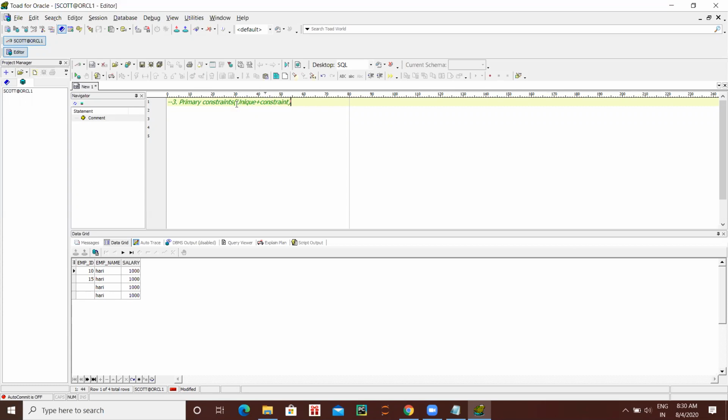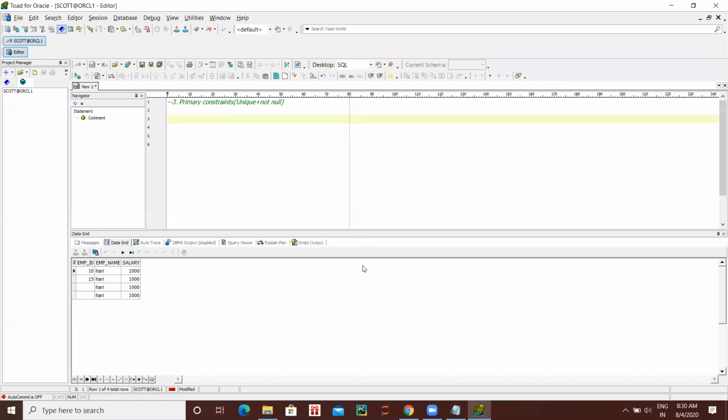Unique plus not null. So that means in primary key it should be unique values and it should not be null. Now let's create a table.